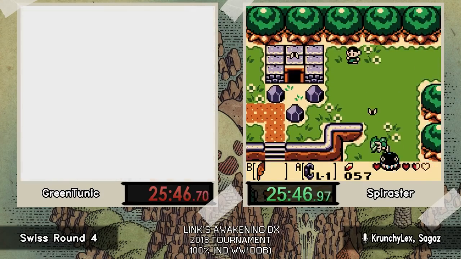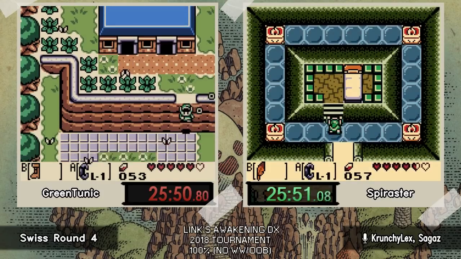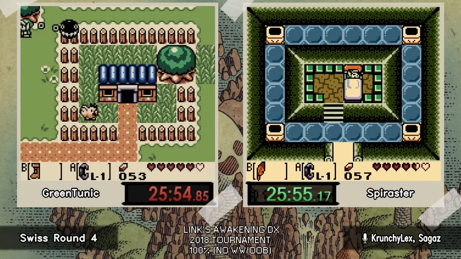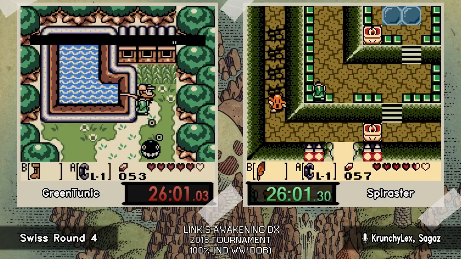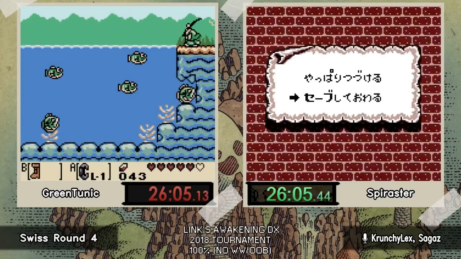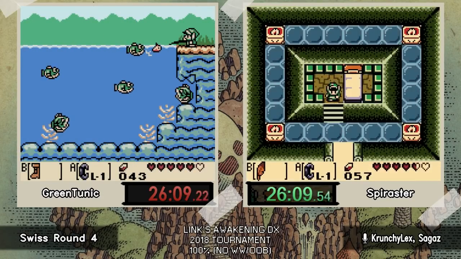And yeah, we will see some difference, right? Because GreenTunic did the easiest way to get this super jump. He did it with the sword, which is easier to do. But you can do it without the sword, like Spiraster did here. Yeah. Naked super jump. It's one menu faster, so...